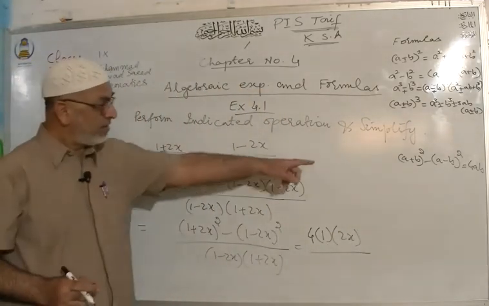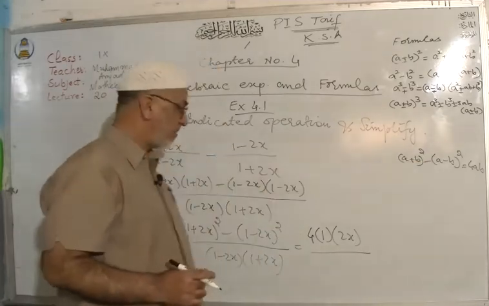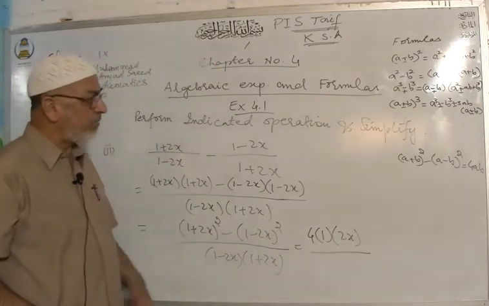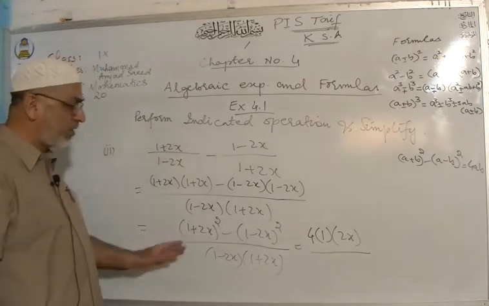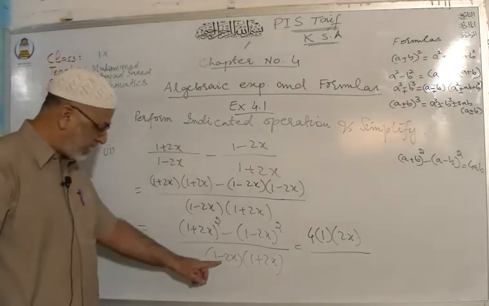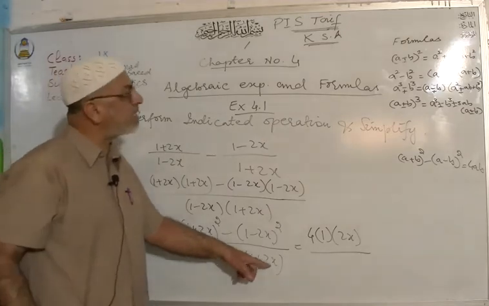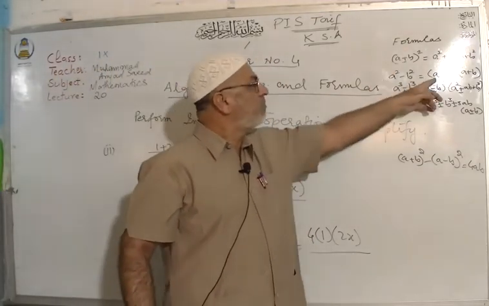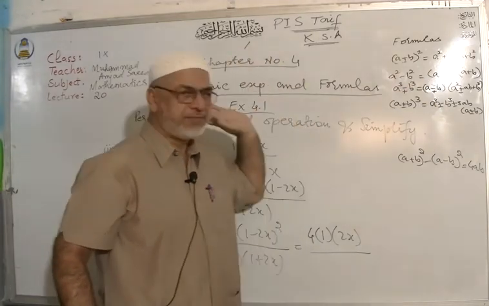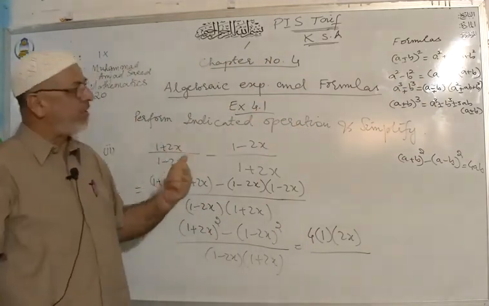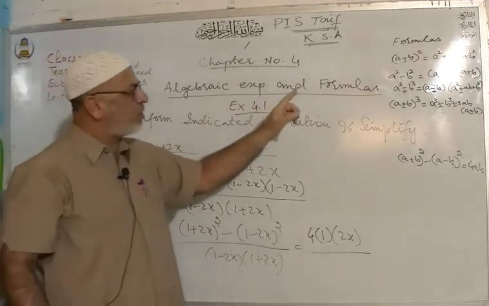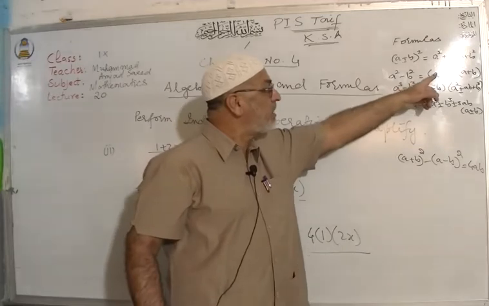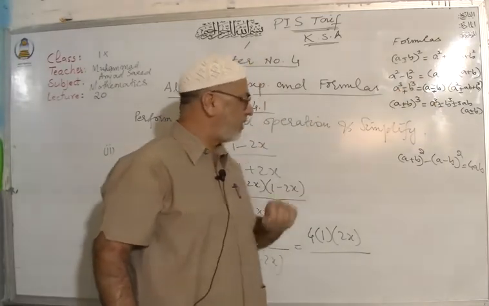Remember that formula. So the basic thing is, you have to select the correct formula according to the given data, according to the question. And here, one's negative, one's positive. You can check the right hand side. If you want to move to the left hand side, first square minus second square. This is the combination. So I told you sometimes you have to move from left to right and right to left. Here in this case, you have to move from right to left.